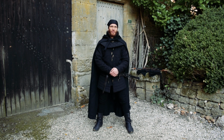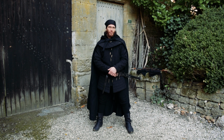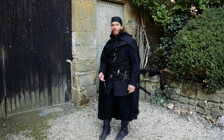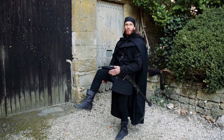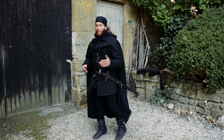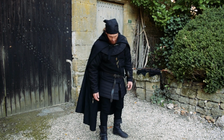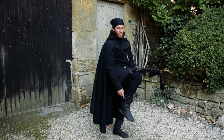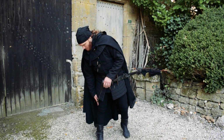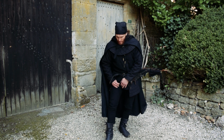I'm back here to present you a new character in the Night Watch, and this time it's an archer. Once again, as we do speak of the Night Watch, everything should be black. I have boots there. Boots here are lighter and shorter than the one I presented before for the infantry. These boots are a simple way to close them with just, see, a wire, a lot of leather on the side. It's completed by a pair of hosen here on my leg, made out of wool